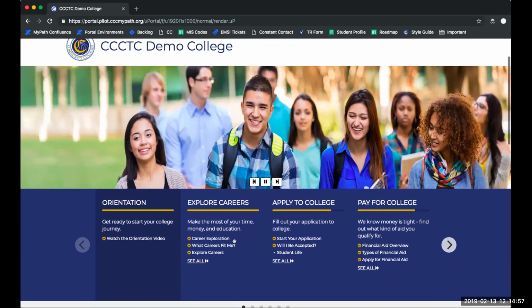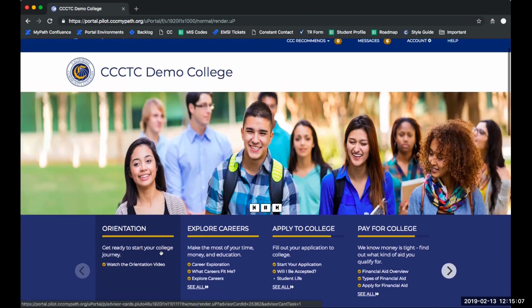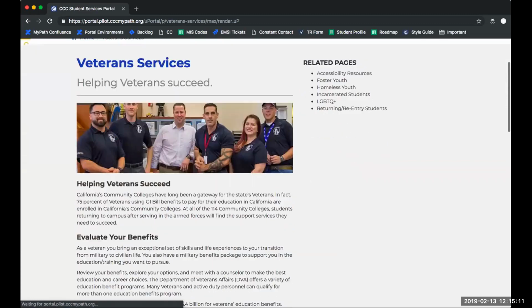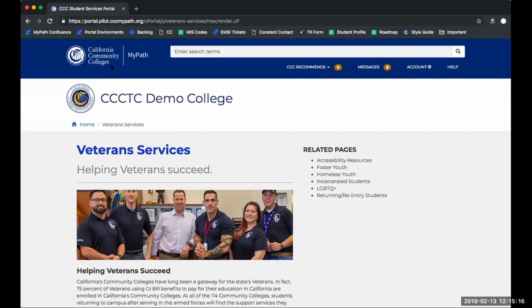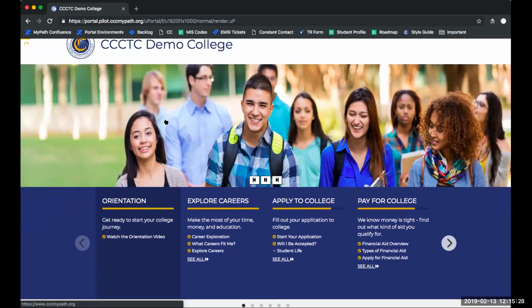You have options about where these tasks point. If you have pages that are in your local portal or on your website you want to point them to, give them tasks here. Tell them, hey, we want you to go read this thing, and then send them off to that page if that's what you want to do. Otherwise, you can always plug information into MyPath itself. You can very easily build content pages like this one into MyPath. You can embed images, you can embed videos, you can do whatever it is you want to do and keep them in a single place if you think that is a thing that you would rather have. But the point is that you can deliver content and help students understand what is expected of them right away